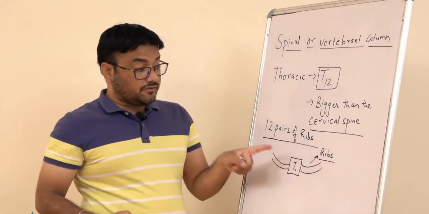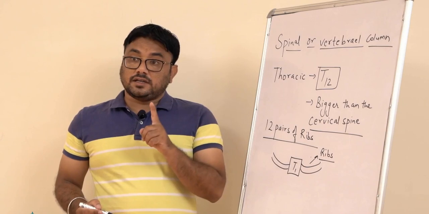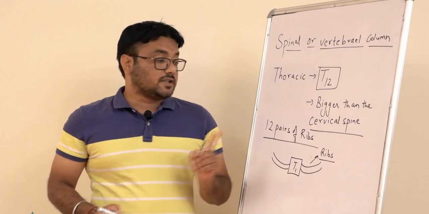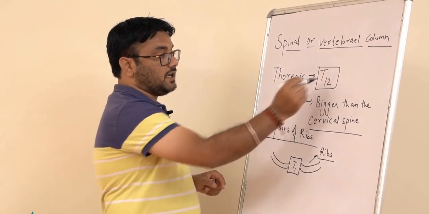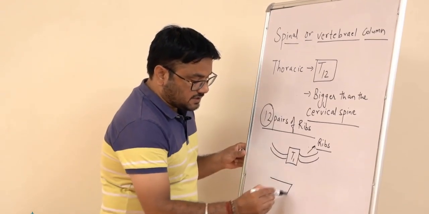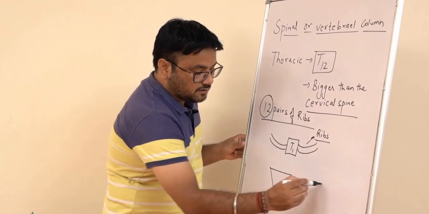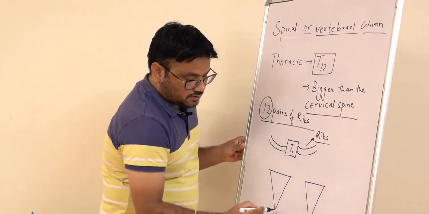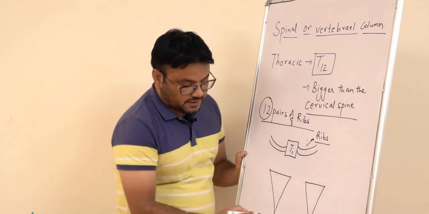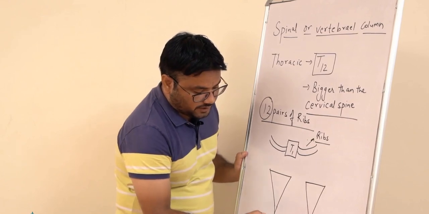Each single pair of ribs is attached to one thoracic spine. That's why there are 12 pairs of ribs and 12 thoracic spine. As we have discussed, suppose this is the scapula here. On the tip of the triangle, if you make one line to the center,